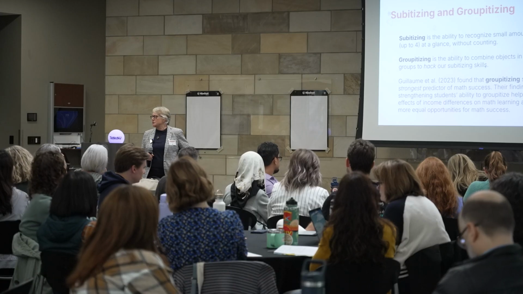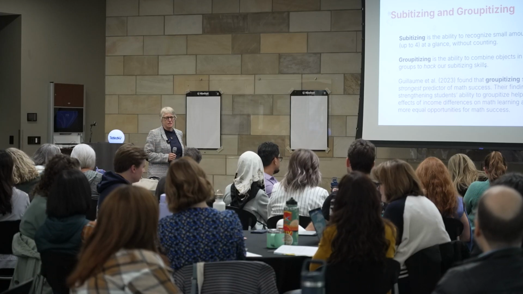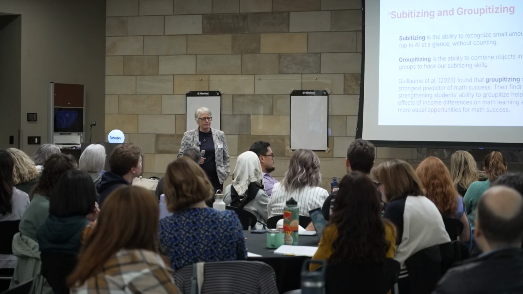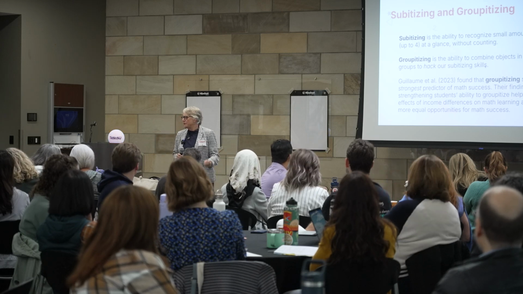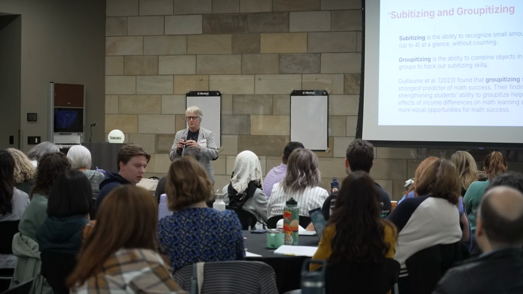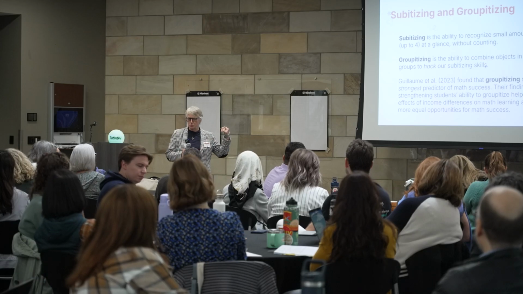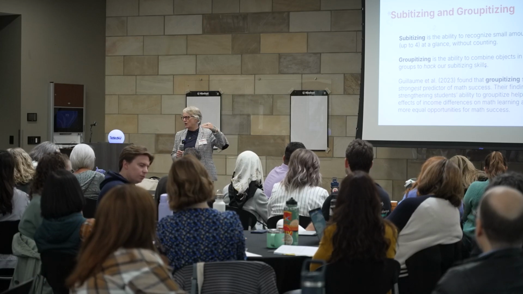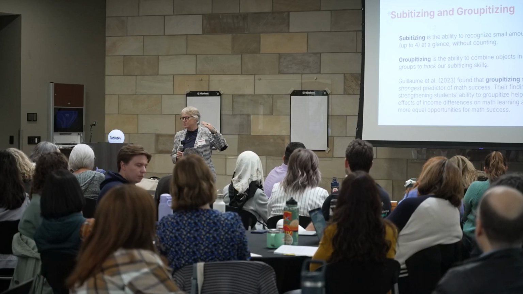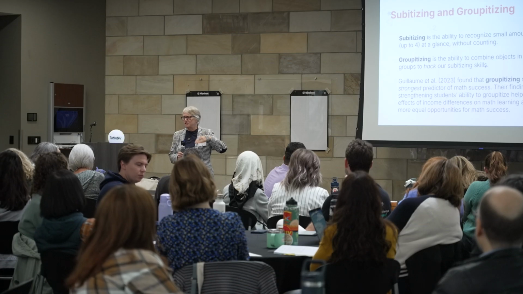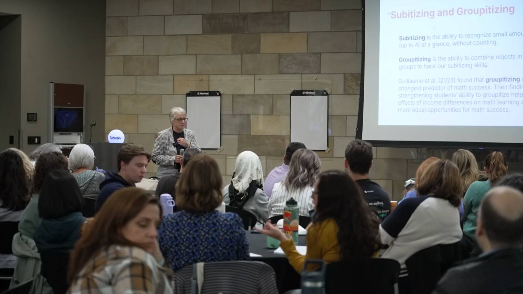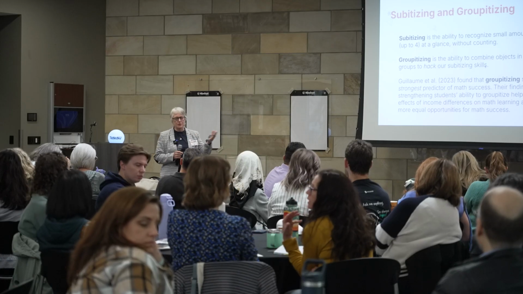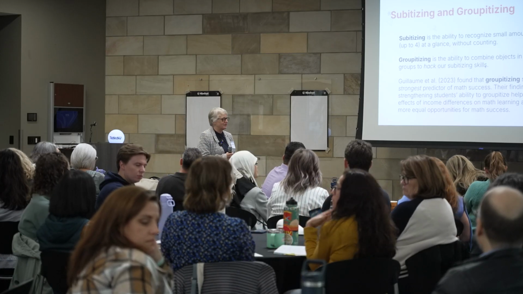So we actually redid the Gray and Tall study in the Bay Area, and we added groupitizing into it. We don't have it in this presentation, it's something else that Joe and I are doing. But we found the same thing as Gray and Tall, that number fluency, this ability to combine numbers like you just were, are higher achievers. There's nothing wrong with the lower achievers, they just aren't there yet. And how do we catch them up? That's become my newest obsession.